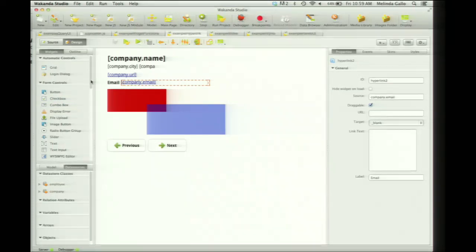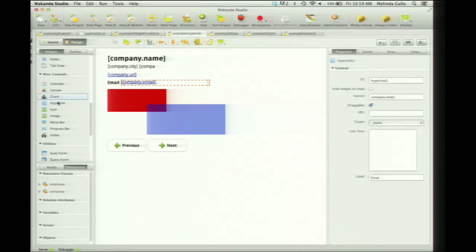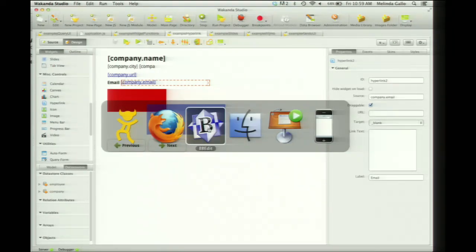As you can see, I have my hyperlink widget, which I've placed in my miscellaneous controls section in Wakanda. This is where I've installed it, and here are the properties that I've defined. The first two are standard and default in Wakanda: my ID, the hide widget on load, and then I have my source. Let me show you